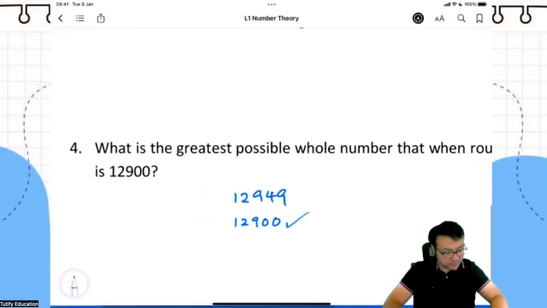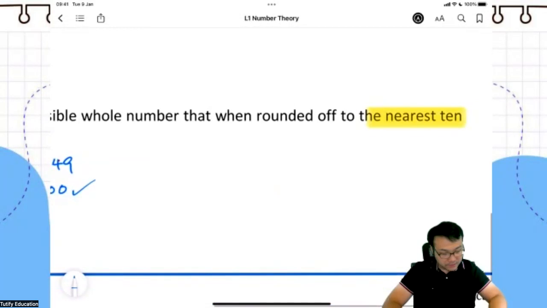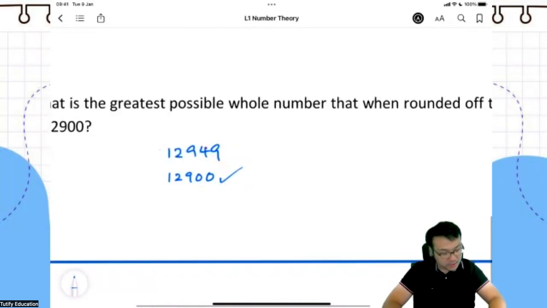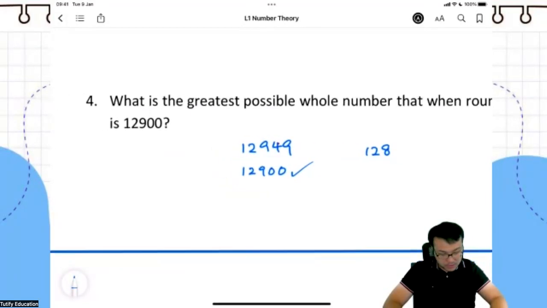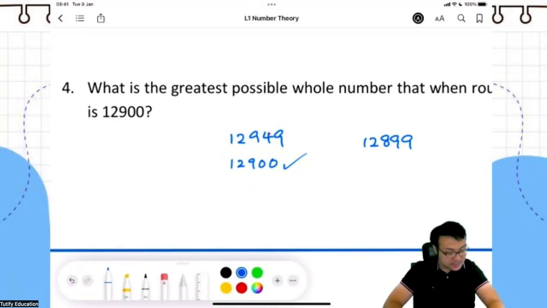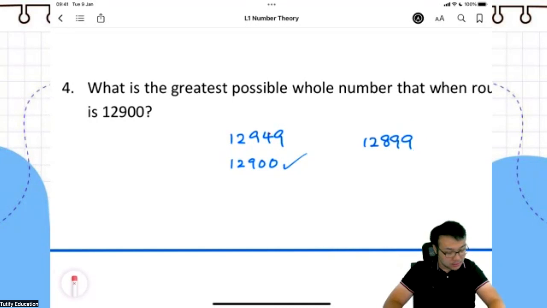But the question is not asking for the nearest 100. The question is asking for the nearest 10. So if the question is asking for the nearest 10, what must we do? We must look at the last digit. So for example, if I give this, 2899, right? Yes. If you want to round to the nearest 10, then you look at the last digit, which is the ones digit. You must round up. So when you round up, you'll get this. Yeah, this is correct. But this is not the